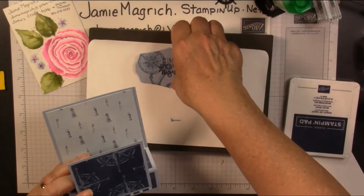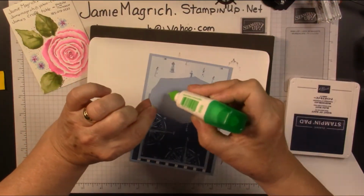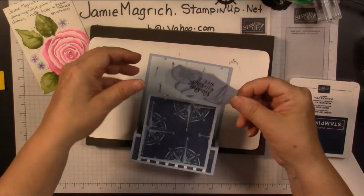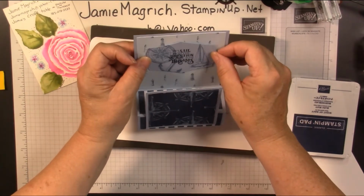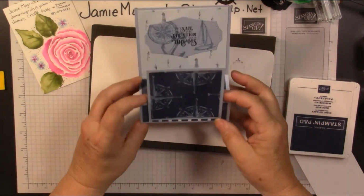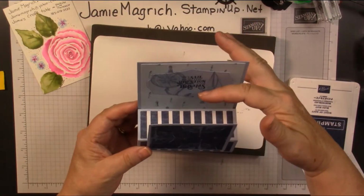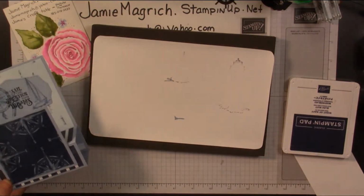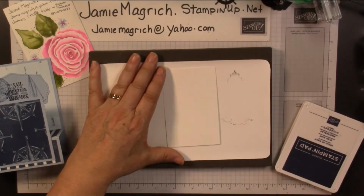Okay, and this piece is going to get mounted here. So that'll get mounted right here. Okay. So when you open it up, you'll have the picture on the front, and then sort of behind it, you'll have another sentiment, but it's still going to all kind of tie together. Okay, now, I'll bring this in,